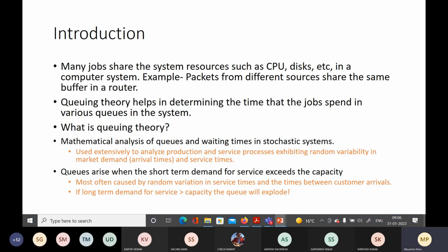When I was talking about it in the last class, I talked about certain situations where you have a lot of people waiting for some job to be done. For example, I gave the example of collecting boarding passes from the counters at the airport, and standing in a line at a bank to get your job done by the person handling cash, and standing in a queue in your mess to have food.